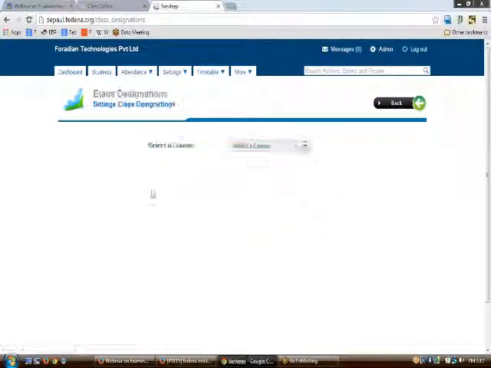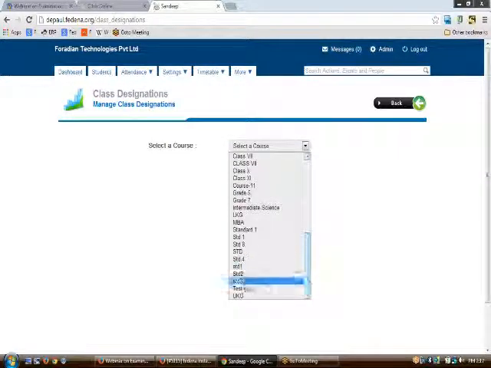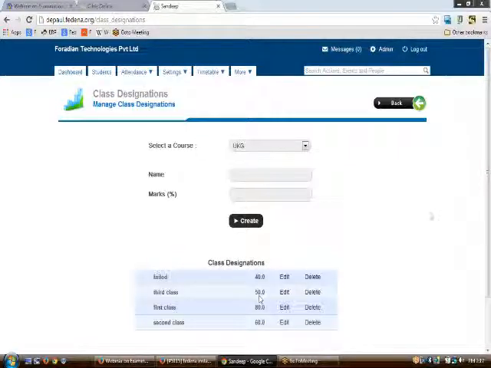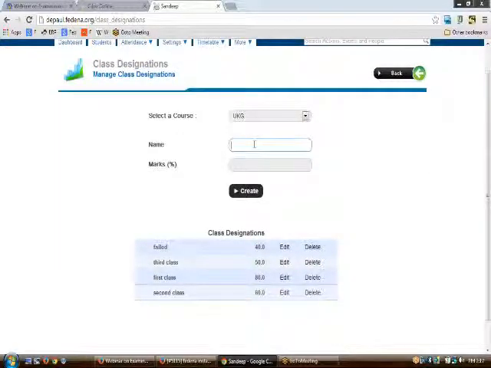Now we are done with the grading levels and the ranking levels. Now it's time to create some class designations. To create class designations, all you need to do is click upon the particular course and write each of the designations in the name and the percentage of marks required to get classified in this particular